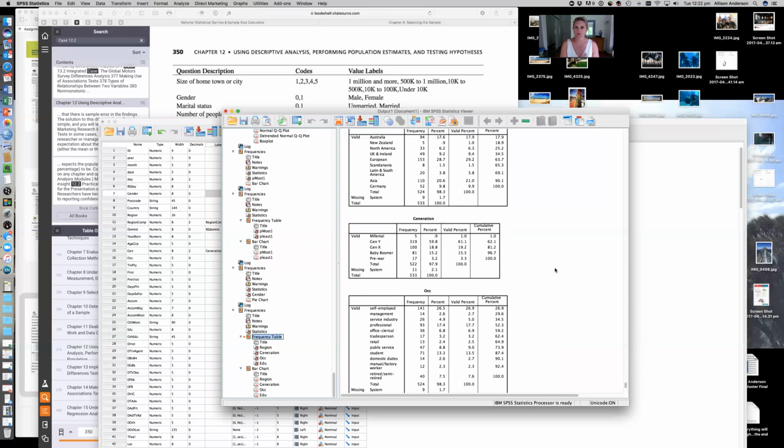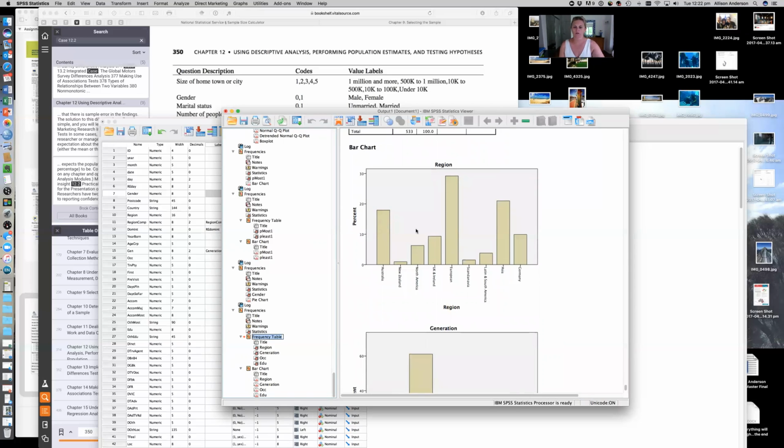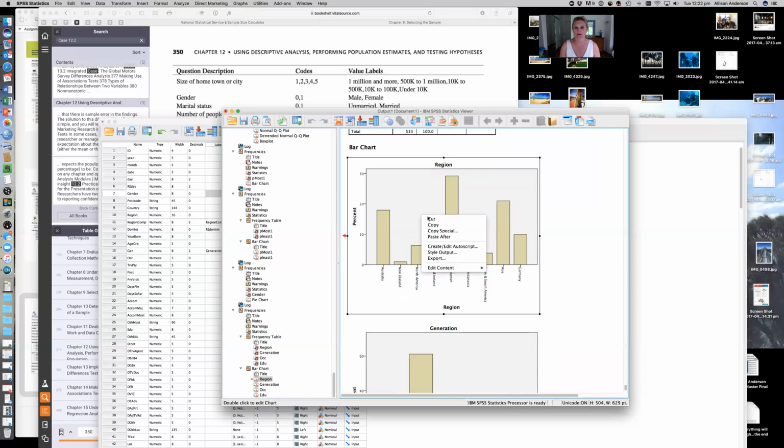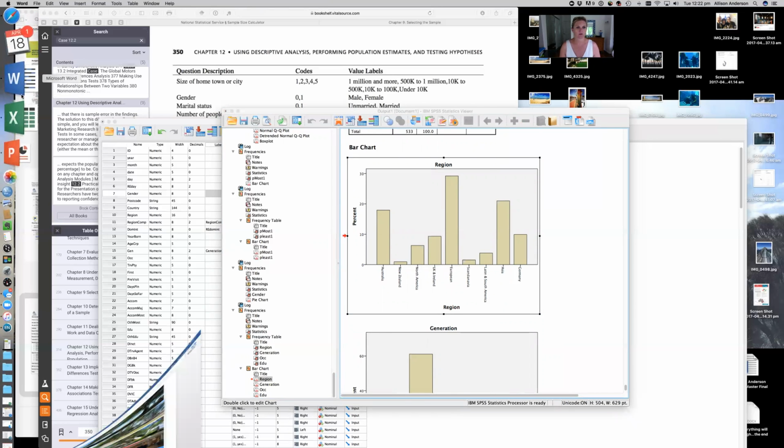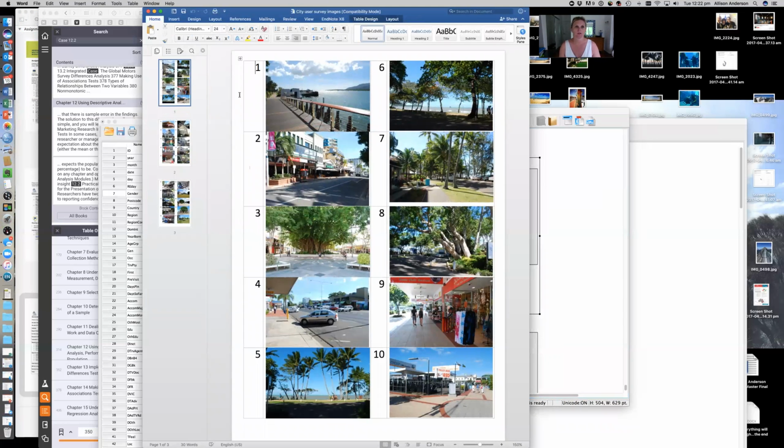So what you need to do for your report is go, right, now I've got some nice graphs. Now I can just copy that graph. See this? Copy, and I can go across into Word. What have I got in Word? Okay, so these are the pictures I was going to show you. So I'll just do a